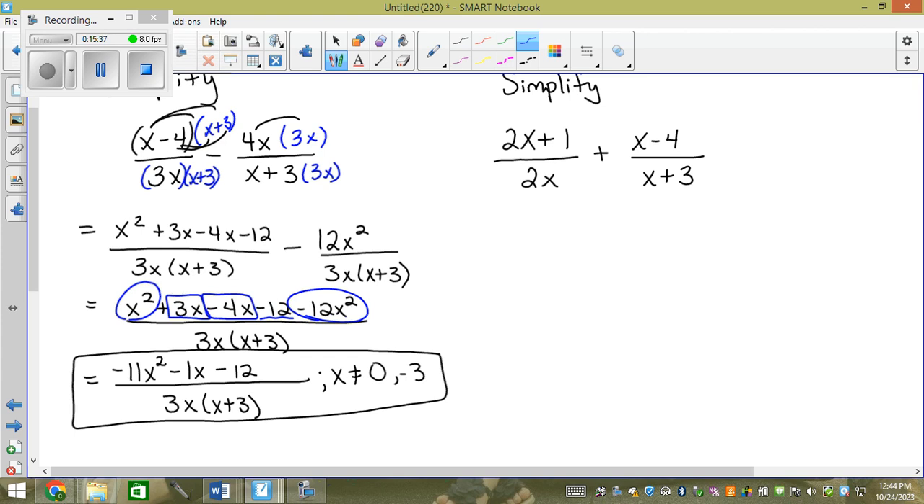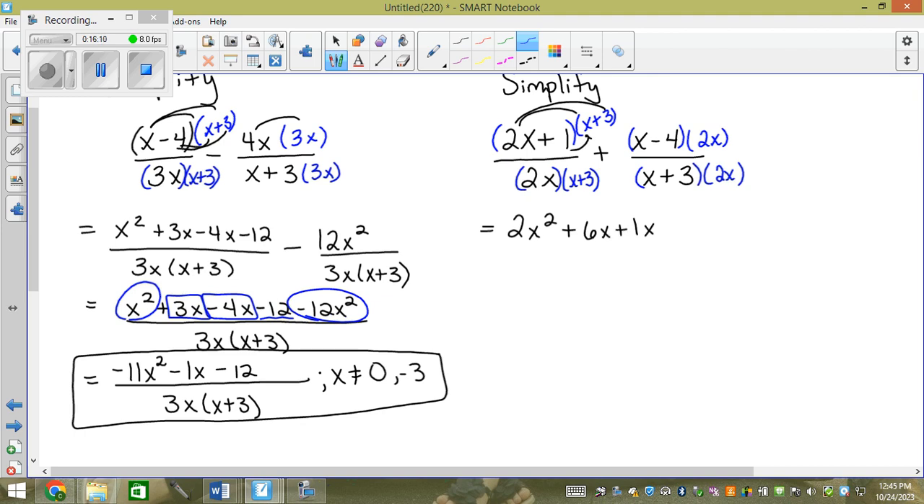Now this one we have a 2x, a monomial, and a binomial, which is x plus 3. You agree? So I have to multiply them by each other when it's a monomial and a binomial. So this one I'm going to multiply by x plus 3. And this one I'm going to multiply by 2x. So in the numerator, I'm going to get 2x times x, which is 2x squared. 2x times 3, which is 6x. 1 times x, which is 1x. And then 1 times 3, which is plus 3. All over 2x, x plus 3,